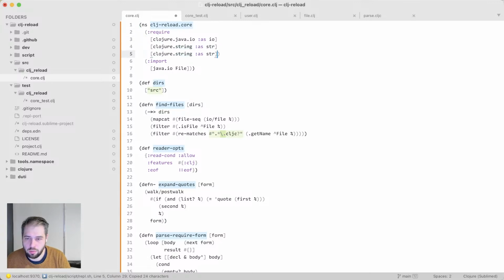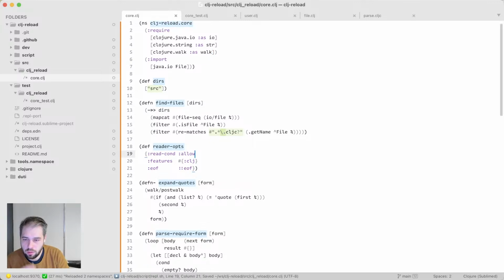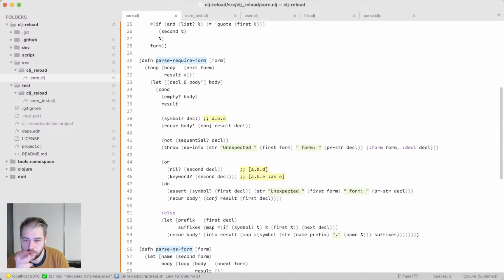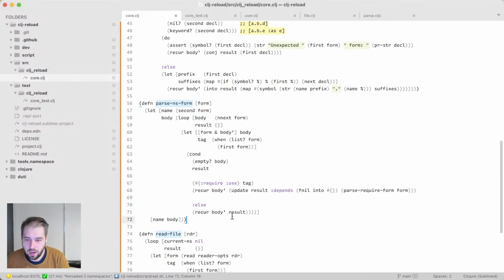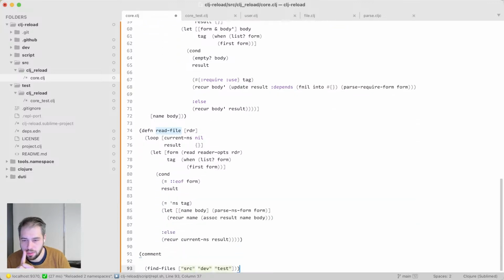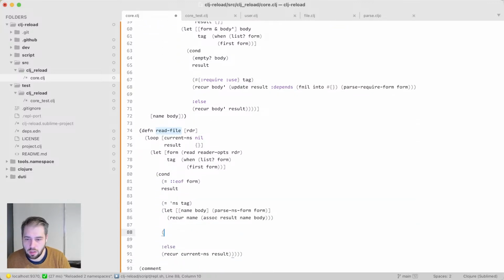We need Clojure void like this. Now what do we do? Okay, so now we might have, this is parse namespace. No, we don't need parse namespace. What we have is hash. It's either require or use in the